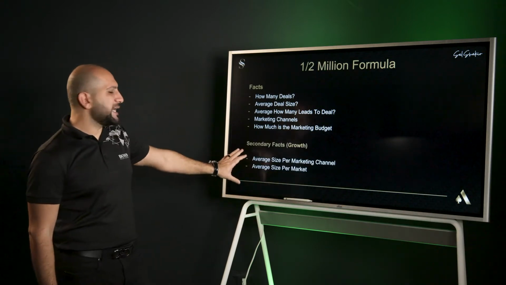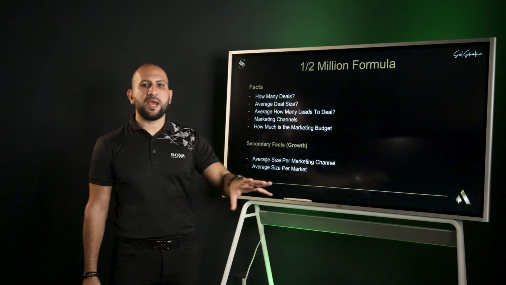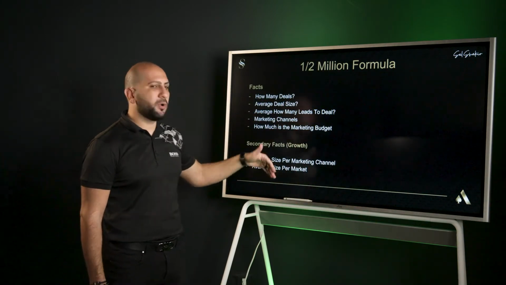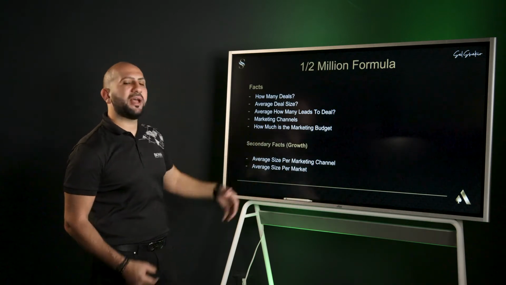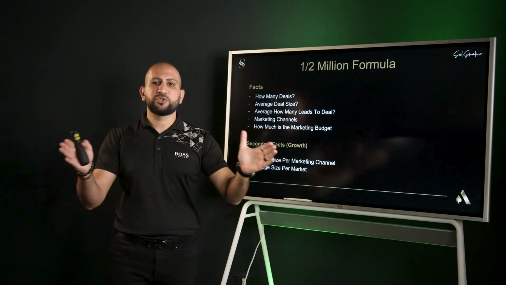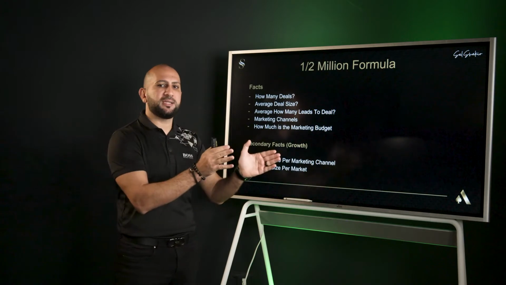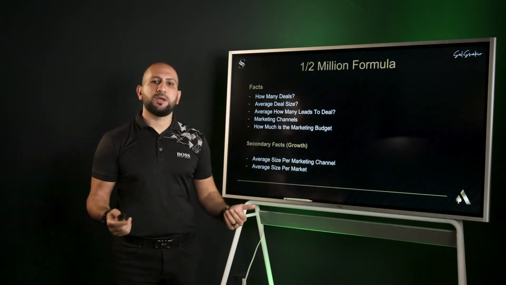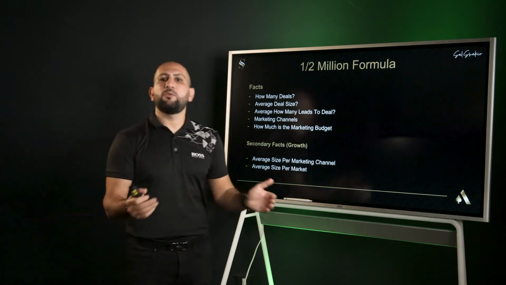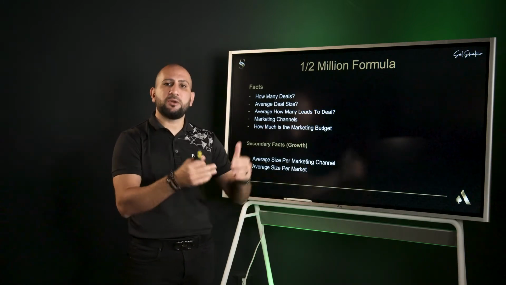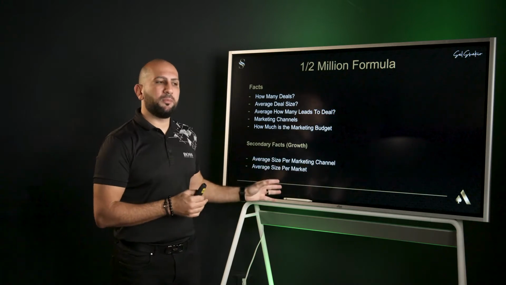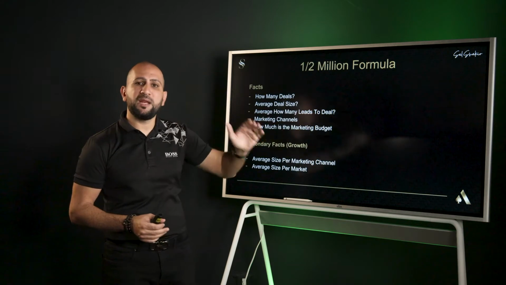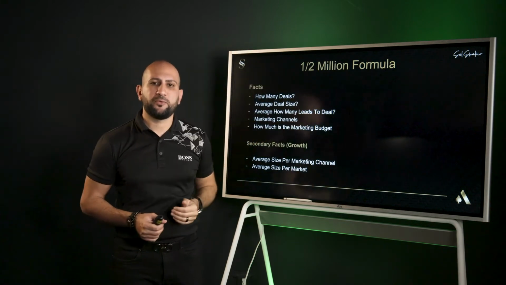Now, there is a secondary growth factor, and this is how you get more granular. This is when you start hitting 7 figures, multiple 7 figures, and knowing the average size per marketing channel, because marketing is now not just one thing, it's multiple channels and which one is working, which one is not. That's how you start scaling. And the second one, average deal size per market, because you can be in one market or 2, 3, 4 markets. That's how you scale. And when you're jumping to more than one market, you need to know which market is really meeting the formula that you set for yourself,